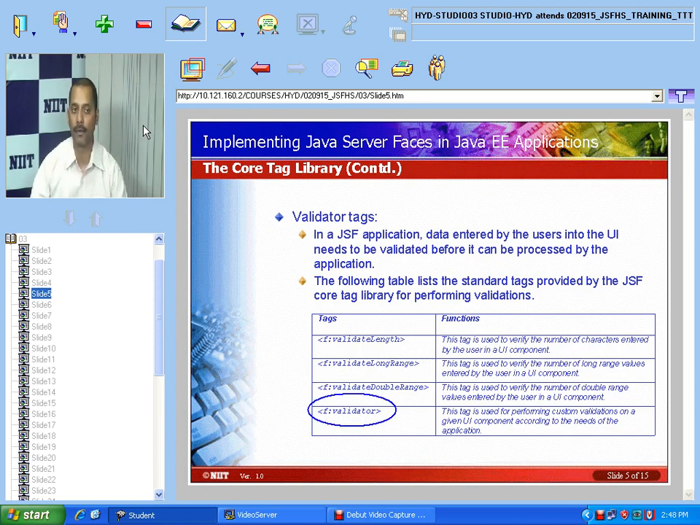This particular tag is specified for implementing our own validations. Till now, the validations you have implemented, either by length, long range or double range, require you to specify the values for the bound text field. But if you want to create your own validation that has not been provided by those validator tags,